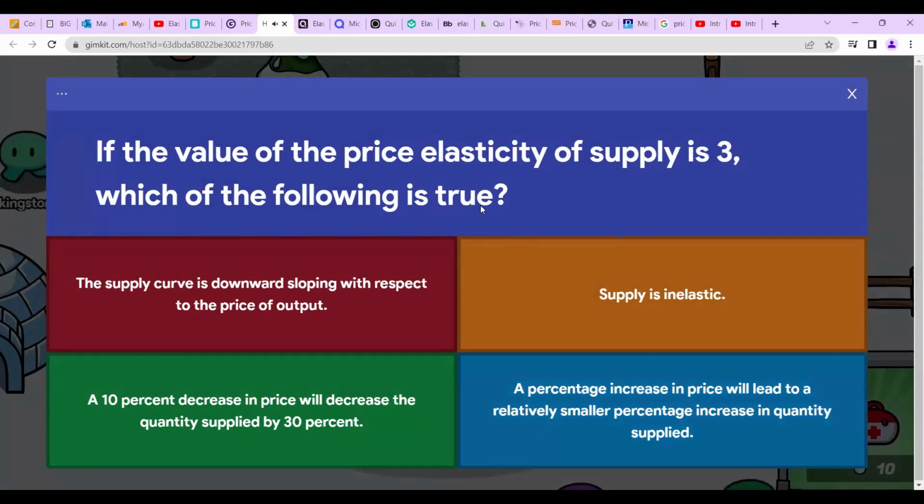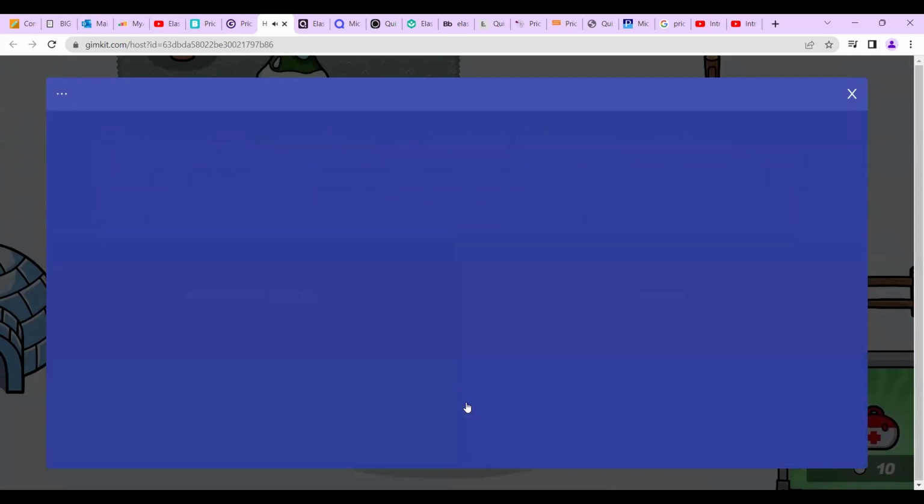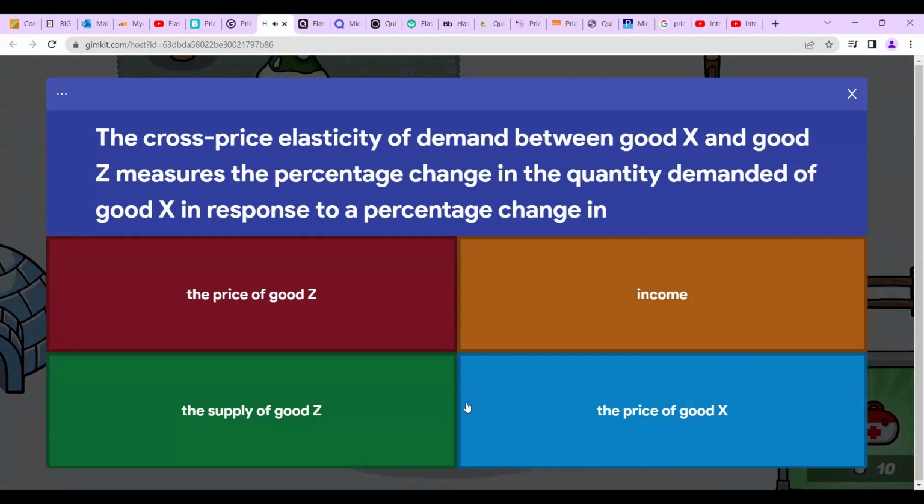Values price elasticity of supply is 3, which probably 10% 10% decrease in price will decrease the price. The cross price elasticity of demand between good actually goes up again. Because of the percentage change of the demand